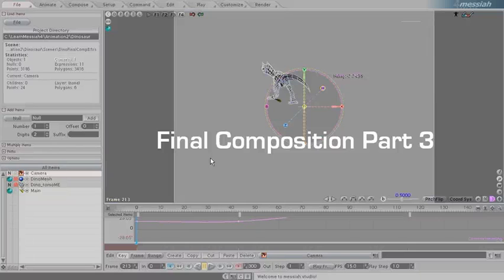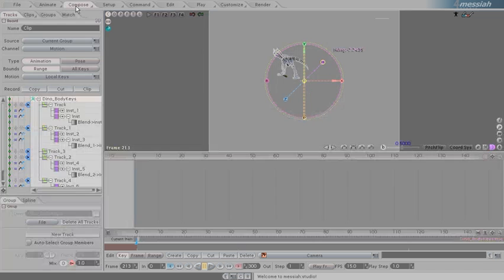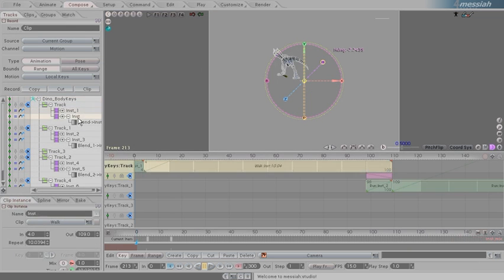This is a continuation of our final composition test. So we've already got a bunch of things set up in Compose. We have several tracks that are put together, and each one is blending between the walks and the runs, and we've retimed the animations by left mouse clicking and scaling them, right mouse clicking to drag them